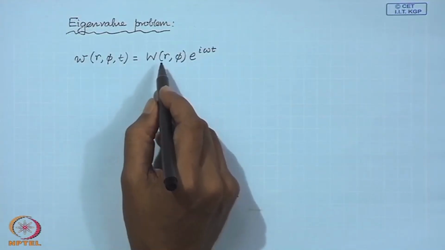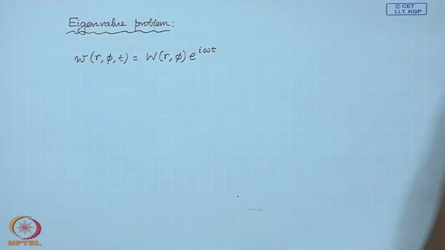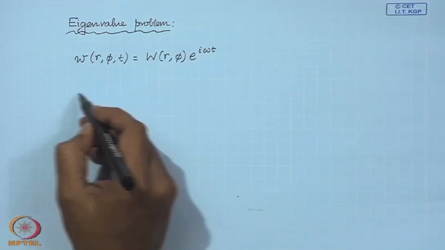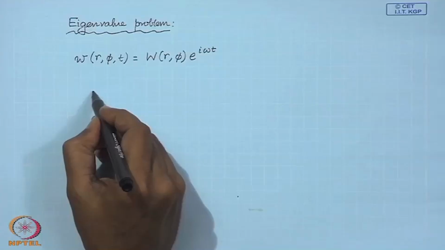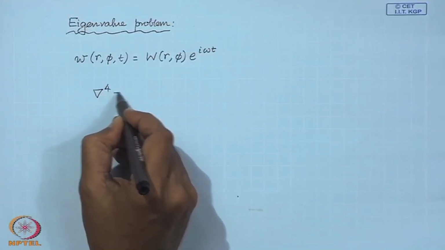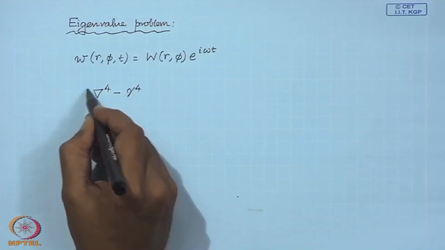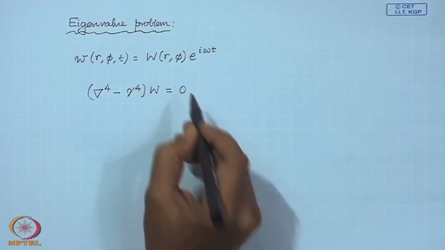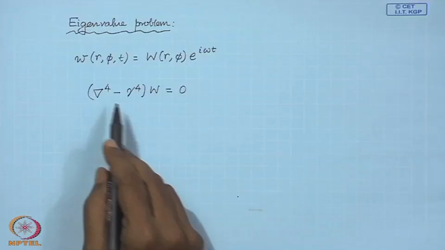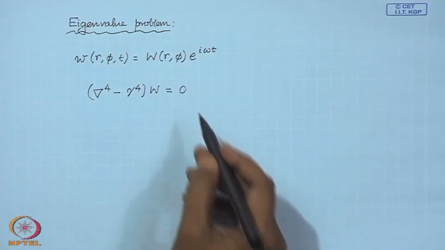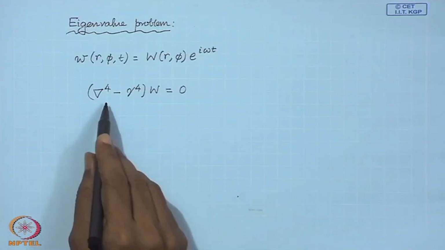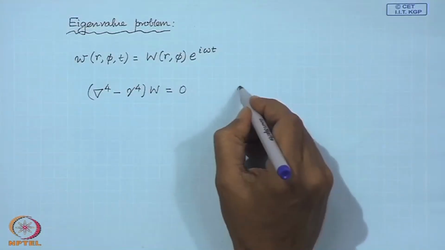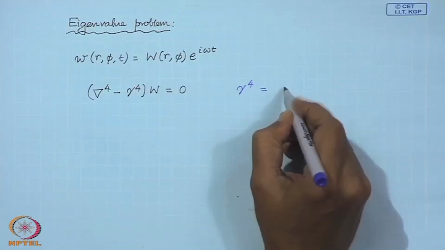When you substitute this solution in the equation of motion, this is the differential equation of the eigenvalue problem. Along with this we will have the boundary conditions, where of course this gamma to the power 4 is